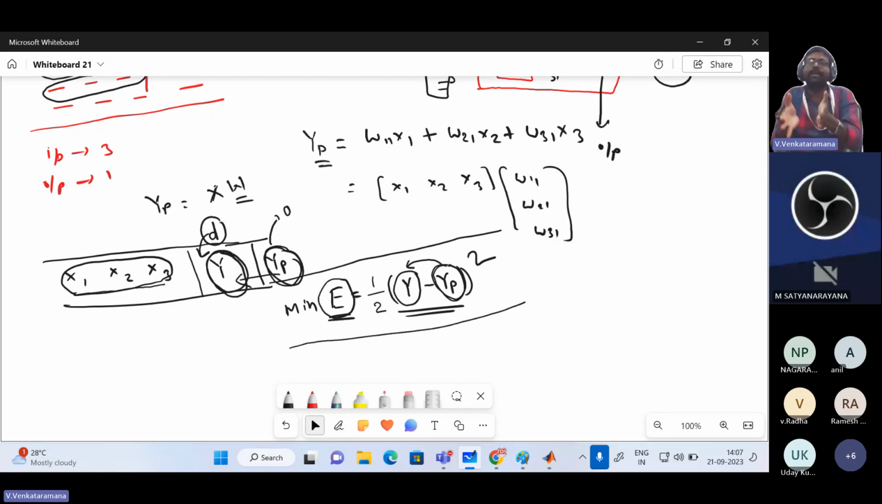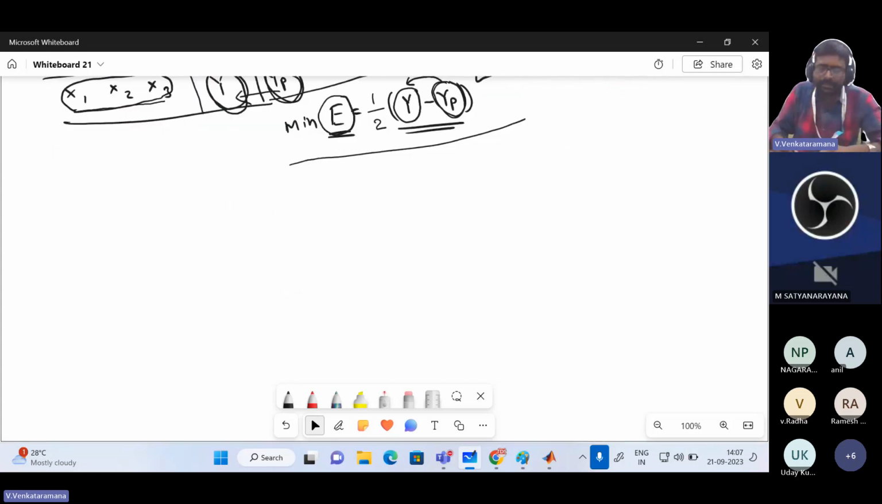Then the difference will be minimized. Then the square will be minimized and the half square will also be minimized. So the half square error is also minimized. That is our intention of the training algorithm. So during the training process, what is your intention? During the training process of an artificial neural network,